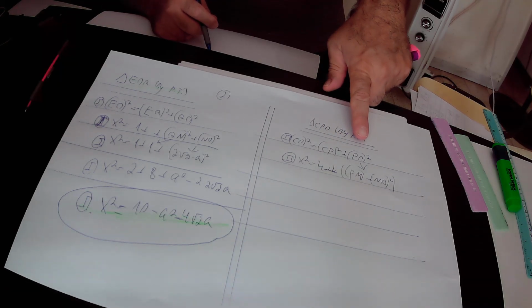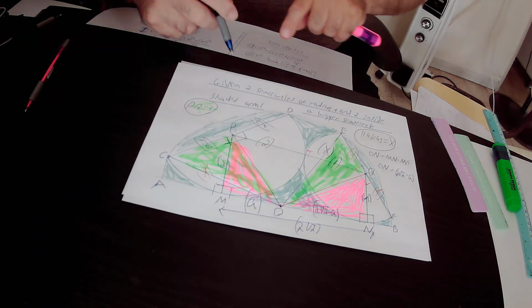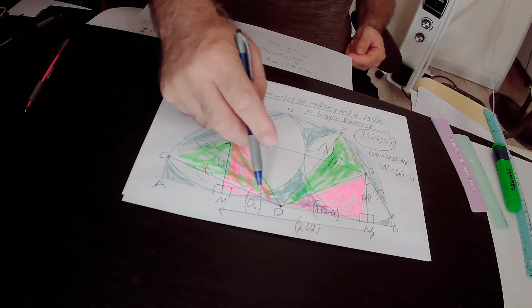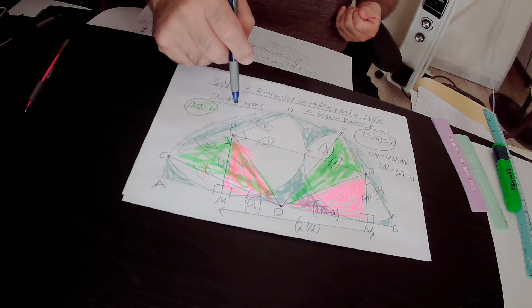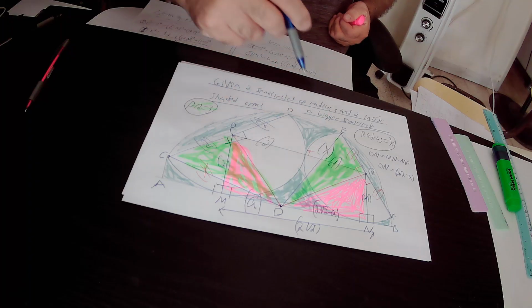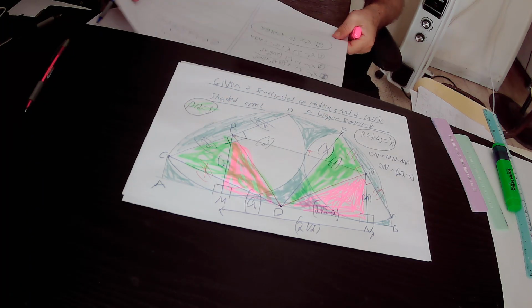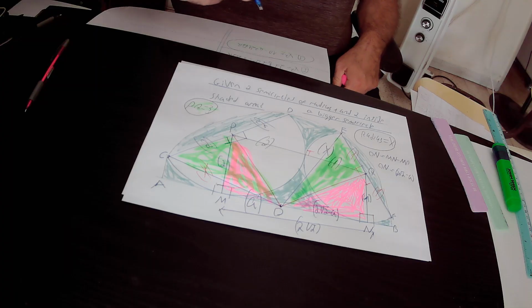PO squared equals PM squared plus OM squared. Why? Because PO squared is the square of the hypotenuse of this pink triangle PMO. And according to the Pythagoras theorem, if you implement the Pythagoras theorem on this pink triangle PMO, PO squared will be equal to PM squared plus MO squared. So in total, we found out that x squared equals 4